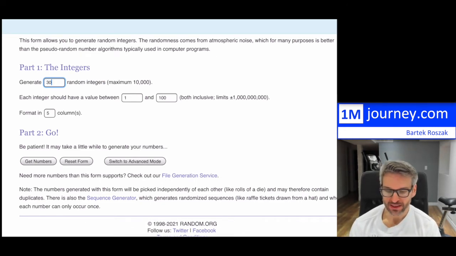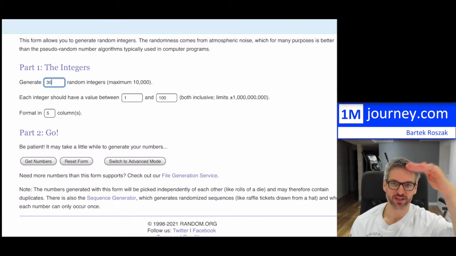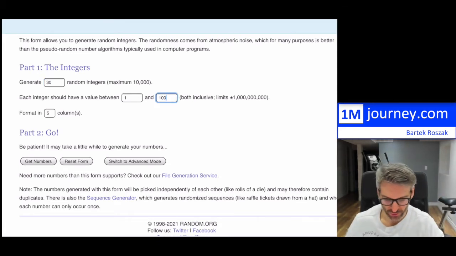Now, the maximum that we can, at least in this particular software, generate is 10,000. I'm only looking for 30. You can find other applications on the internet if you like, and if you're a true researcher, there are other tools as well. Now, each integer should have a value between... So now, because I've listed my students from 1 to 2,500, which is the total number of students,